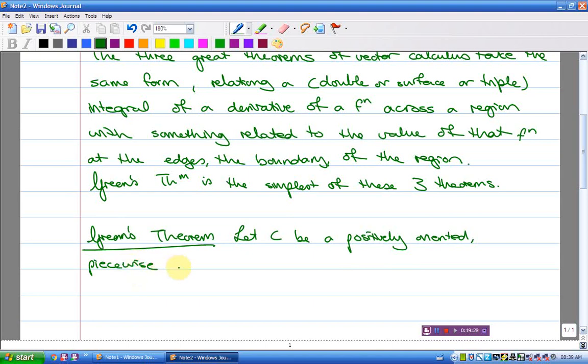And don't worry, mathematicians can think of functions that have no smooth bits at all and in fact consist entirely of something akin to corners. Piecewise smooth, simple closed curve, we know what that is, in the plane, so in the xy plane or whatever you're calling your coordinate axes. And let D be the region bounded by C,